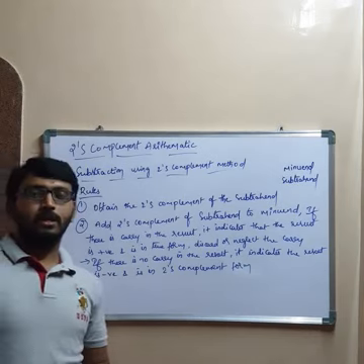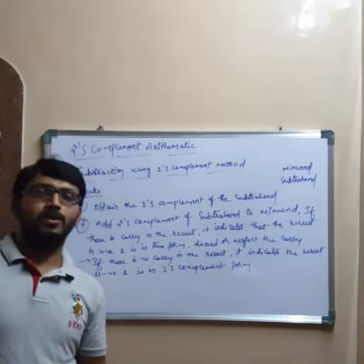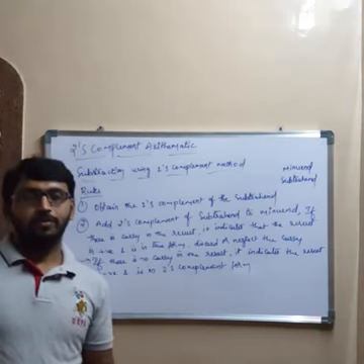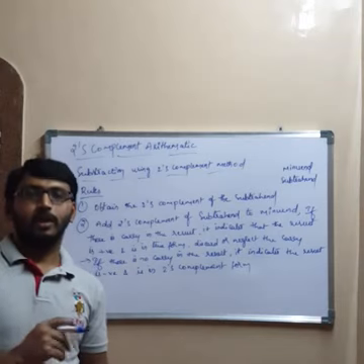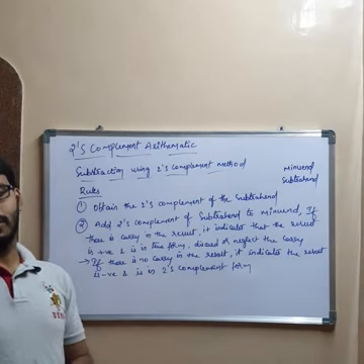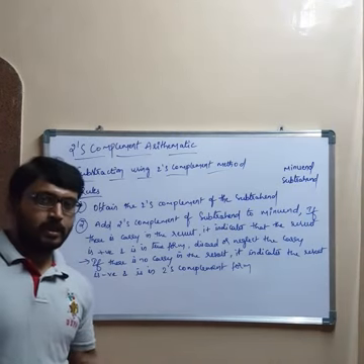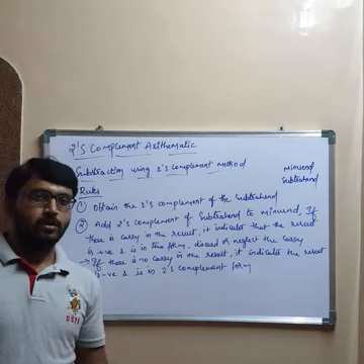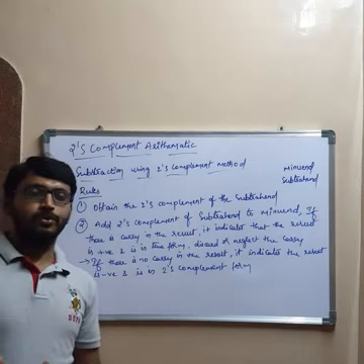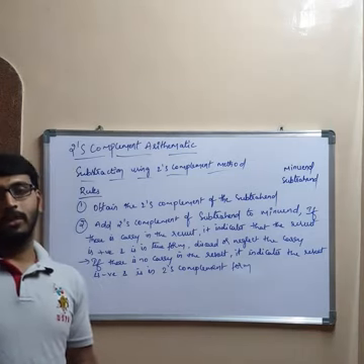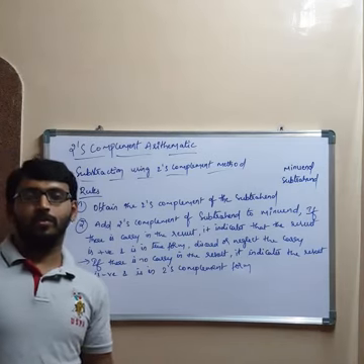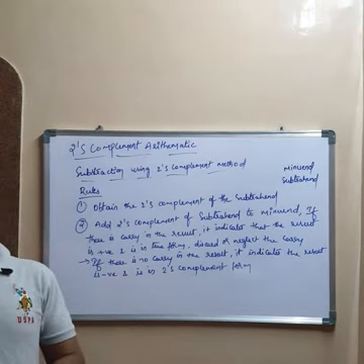So if there is a carry, we simply put plus on the result, and we discard the carry. If there is no carry, we put a negative sign, and the magnitude represents the negative number. By looking at the carry: if there is a carry, it is treated as a positive number and we can discard the carry. If there is no carry, the result is treated as a negative number and is in 2's complement form. To get the true form of the result, again we have to find the 2's complement of the result.